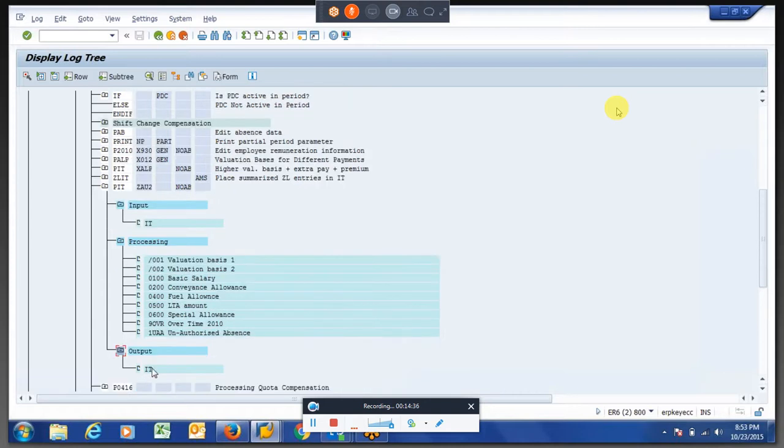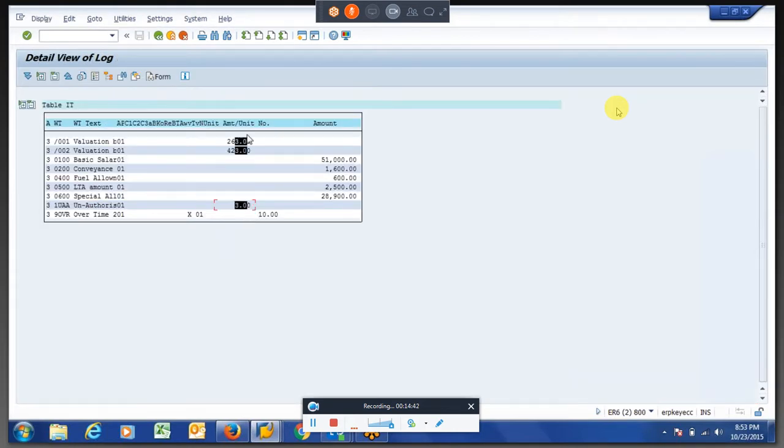Because our rule is correct, you should see the difference. It was changed to the place of rate. Okay, so now this wage type consists of a rate of 3.